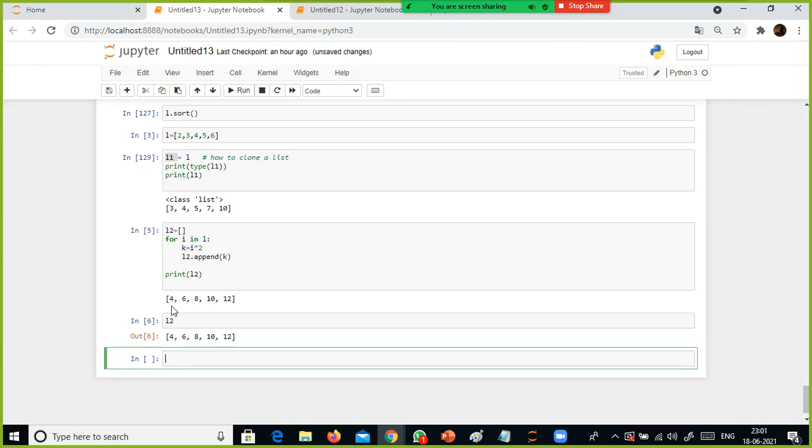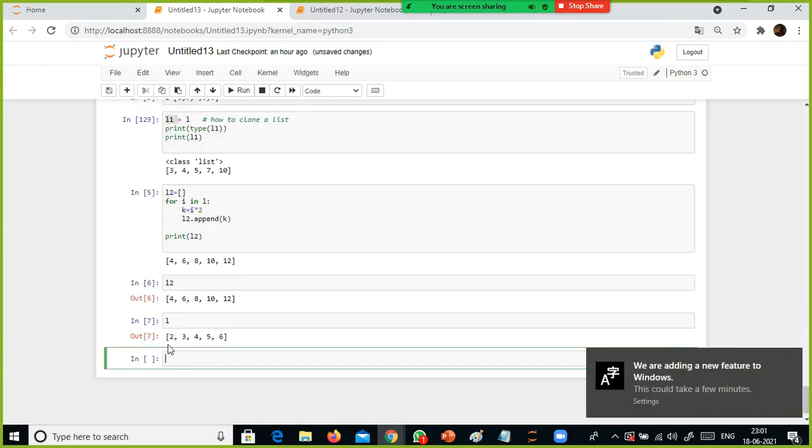What is the new value of L? I'll type L also here, don't get confused. The actual list L is holding this value, right?